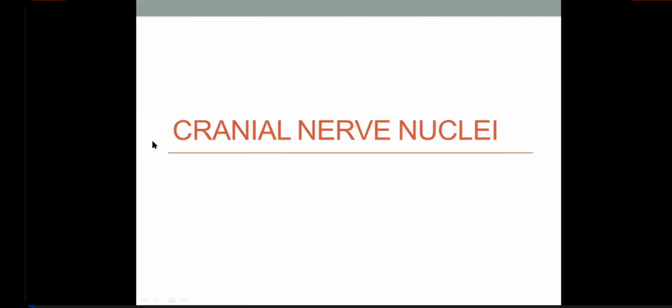Today we're going to start with this new topic, cranial nerve nuclei, right? Cranial nerve nuclei and the functional columns, the arrangement of gray matter within the brain stem. So, all of you stay focused, keep listening, be attentive. It's an important topic. This topic is the basics for understanding the cranial nerves and their functions.